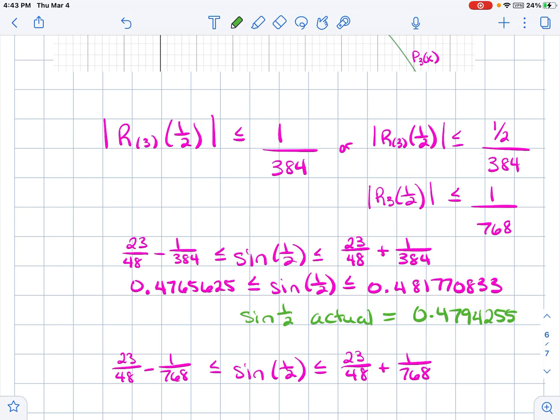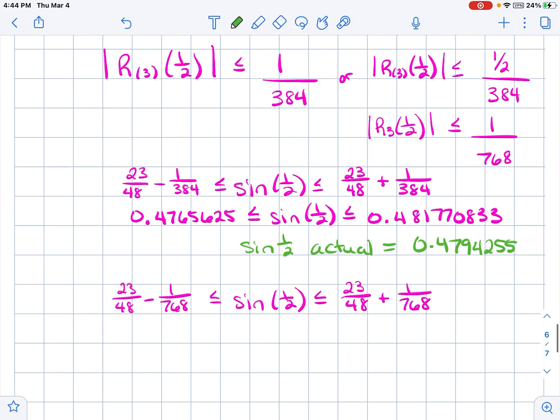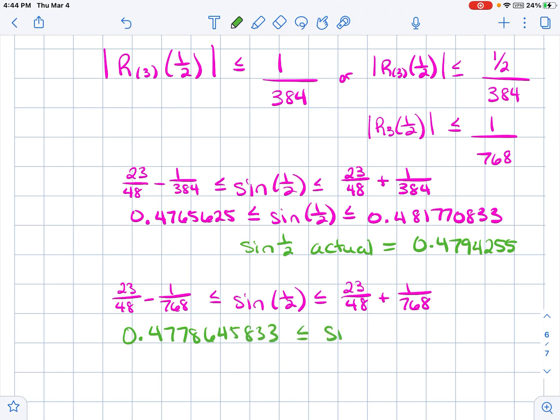Okay, now let's check it. What if we got a little bit more precise with our value of m? In other words, we chose a point that was a lot closer. Let's see if we were also correct there. So I'm going to do the other side first. 23/48 minus 1 over 768 is 0.4778645833. And then if I do 23 divided by 48 plus that,